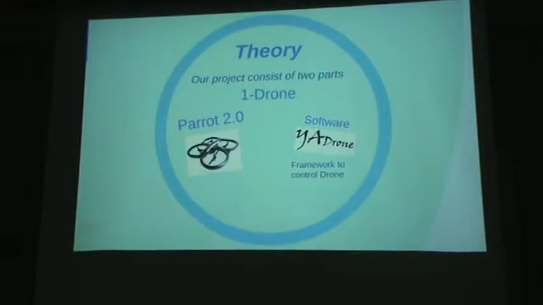Theory: our project consists of 2 parts: the drone, which we chose because it has many features like a camera and we can code it. And the other part is the software. We use Y drone, a framework for controlling the drone. So the next part is my